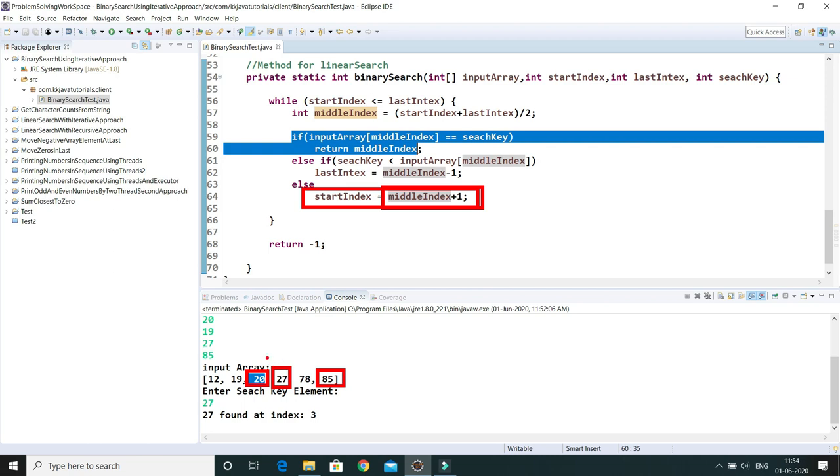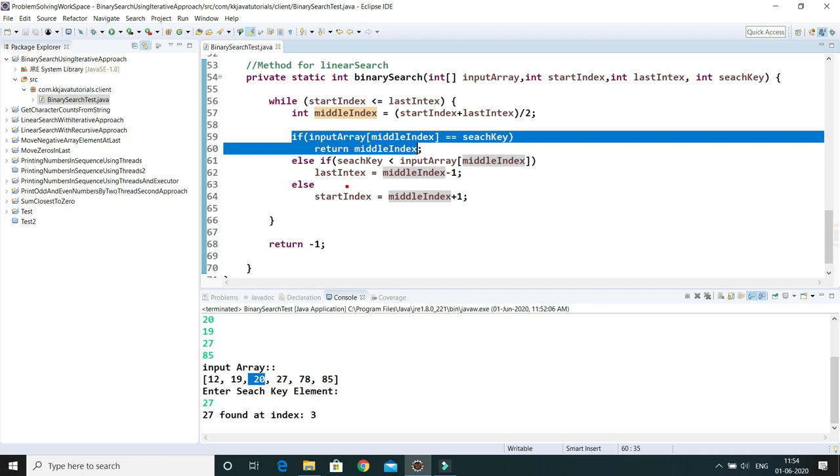That means our algorithm will search for our element in the half of the array, or sub-array, after the middle element, and this process will repeat until we find the search element. Similarly, if our search element is less than the middle element, then what will happen?